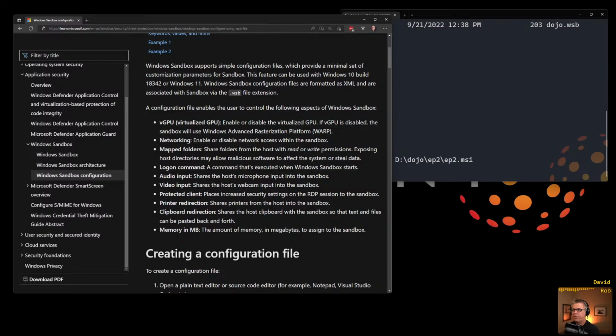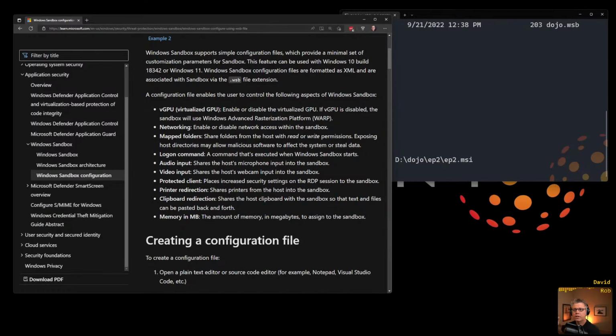And I have up here on the screen right now the kinds of things that you can configure inside the sandbox today. You can control access to the GPU, the networking, obviously the map folders command. You can control if it has access to your microphone and your webcam. You can run it in a higher level for a protected client. You can do printer redirections. You can do the clipboard, which I talked about. You can disable that. And then you can also limit the memory in the sandbox as well,